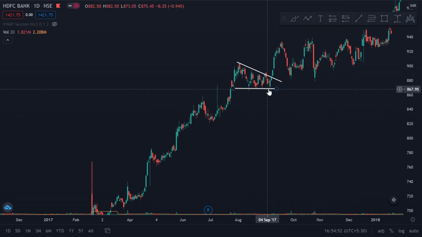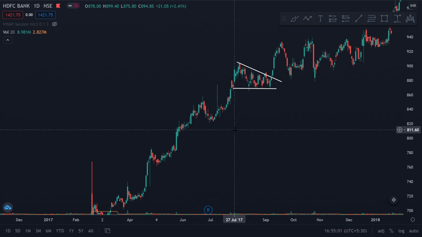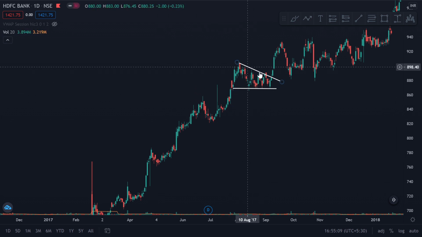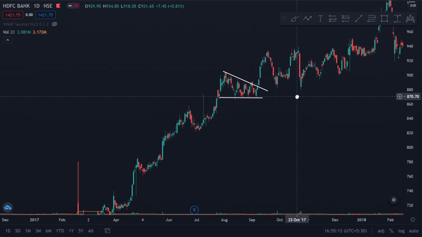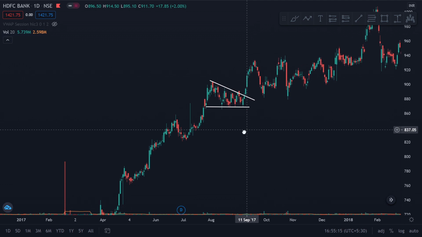So I see that this price has been forming equal lows and this is coming down, but then the prior trend is an uptrend. A descending triangle works when the prior trend is a downtrend. It's a continuation pattern, it's not a reversal pattern. So that is why if you observe here, you can see a triangle pattern and a breakout from the triangle. So this is another breakout which was observed.